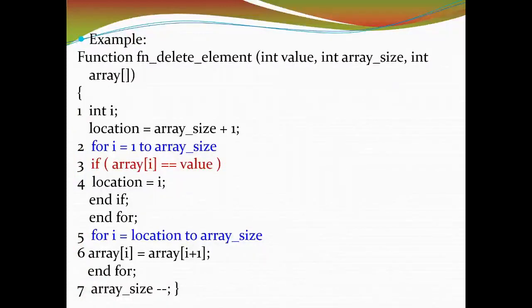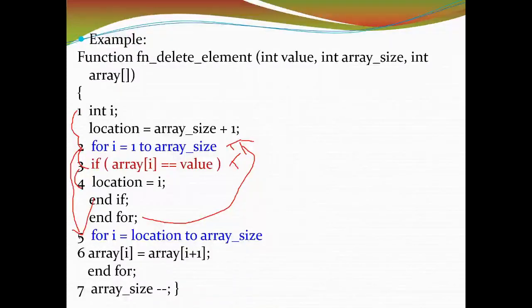Last path, that is 1 to 2. Then this statement is going to be true now. So if this for loop is true, it is going to enter into this conditional statement. Now this time this conditional statement is going to be true. Now this conditional statement is true, so it is going to execute statement 4, and after this it is going to return back to statement 2, that is the loop, and then it is going to come out of the loop and execute statement 5.